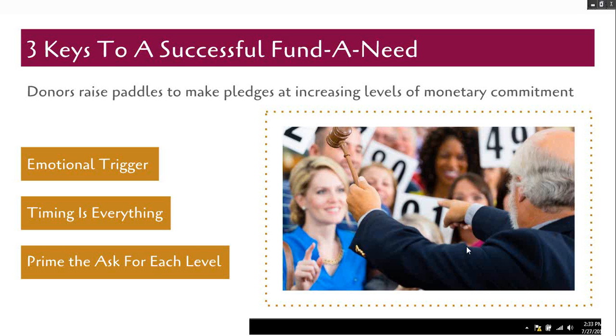Sure. So a fund a need is basically a special call for money right at the auction. It doesn't involve auction items. It's a, hey, listen, we've got a special need. Recently we had a request for a special wheelchair for one of our, whatever happens to be some need. We're adding a new wing to the building, or